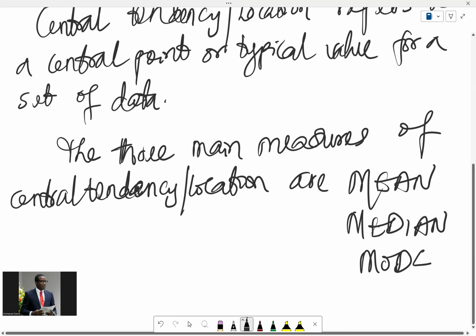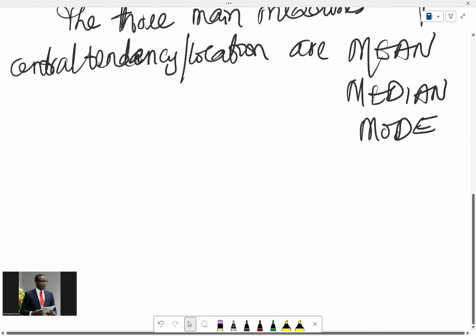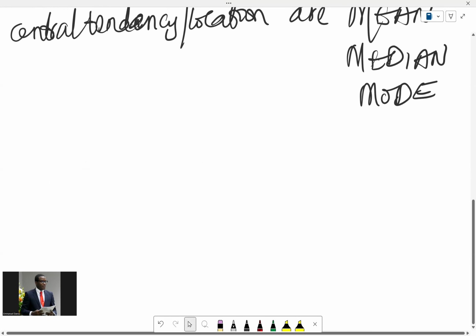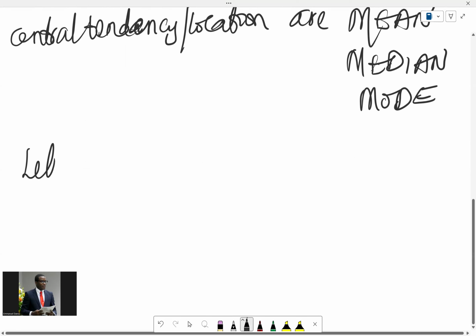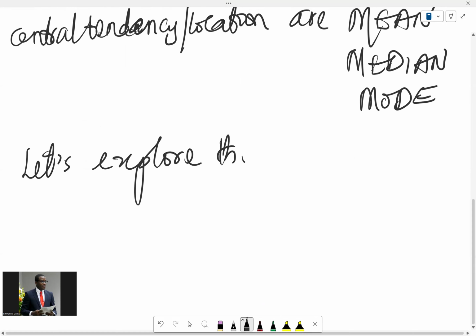Mean, median, and mode. So the three measures are what we have to look at here. Let's explore these concepts